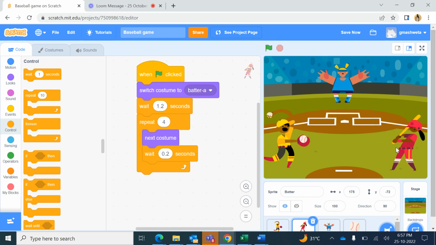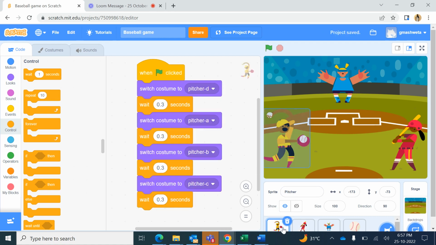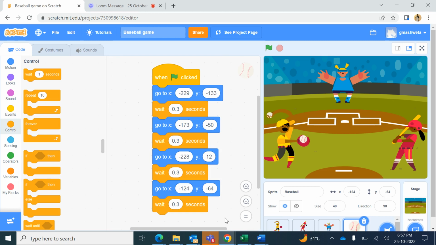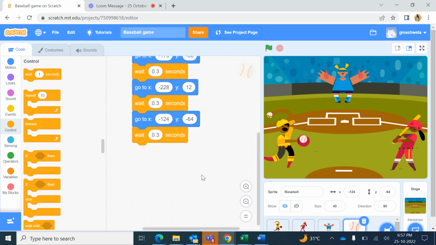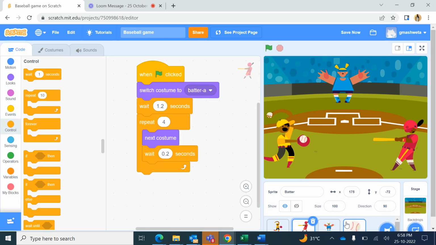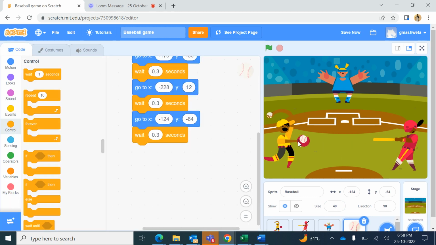Now the batter started batting. This was perfect. Now we have to make sure that the ball touches the batter's bat. So at this point, the batter will be sending a message, or the ball can just start moving. Here now, this is the ball coding. The ball will be gliding from here to the position of the batter. So we go to the batter, change its costume to batter C, and the ball will be gliding to this position. So we'll make this ball glide till here,